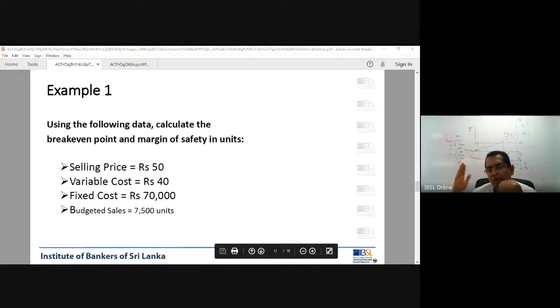Then we discussed margin of safety. That is the difference between break-even quantity and the projected or actual sales quantity. That is the point. Difference between actual sales and the break-even sales. Right? Margin of safety depicts the amount we can reduce revenue or quantity sold without making any losses. Right? So we discussed these things, then we did one sum. So next week we will see how to calculate the break-even point and the profits. Right?